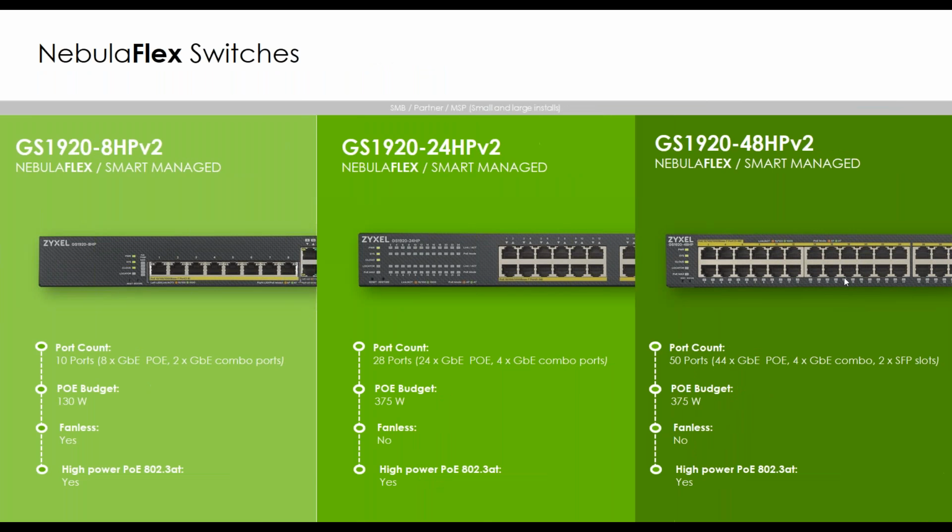So if we just break that down a little bit more and show you the individual switches themselves. So again, the 1920 8HP version 2, this will come with 10 ports. 8 of them are gigabit PoE and 2 of them are gigabit combo ports. So a combo port is basically a port which shares the same MAC address. So the 2 ports will share the same MAC address,